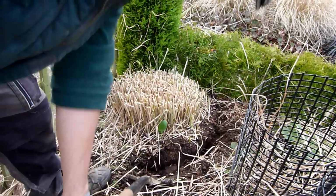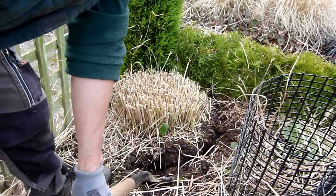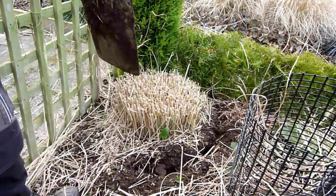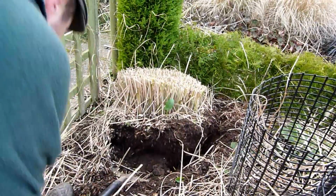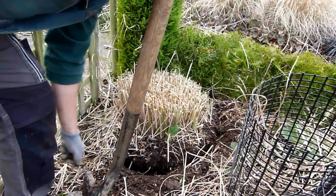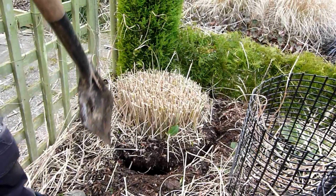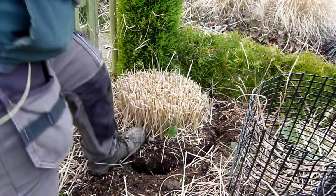A good lot of movement on there from the root ball, which tells us that it's going to lift up fairly easily. There we go. So it's not at the moment too difficult. If this clump was a lot bigger, then it would be harder work, and you might have to split it down the middle of the ground, but for the moment